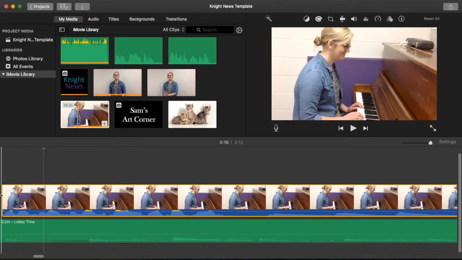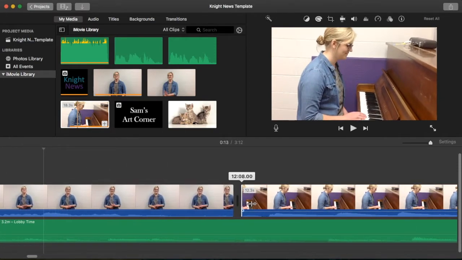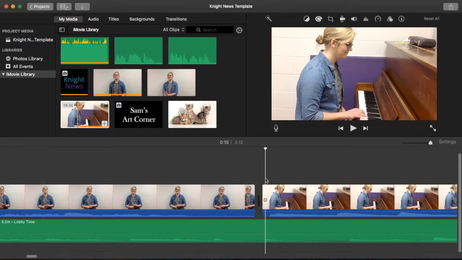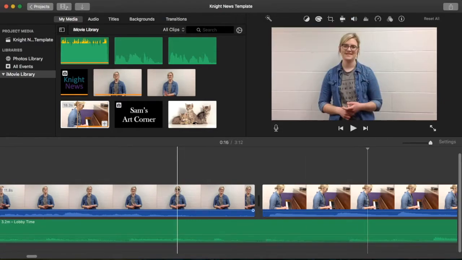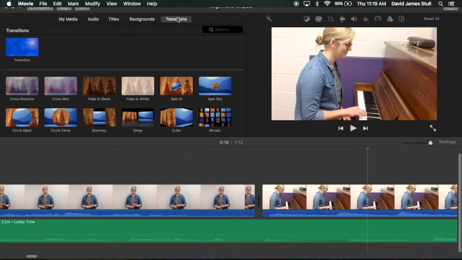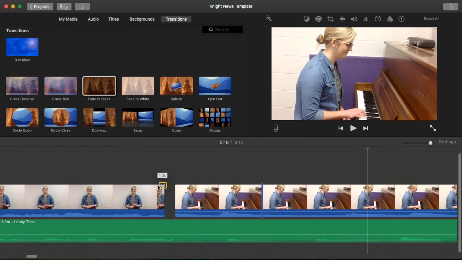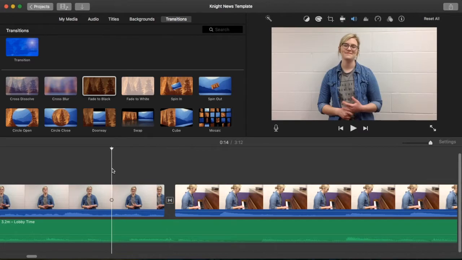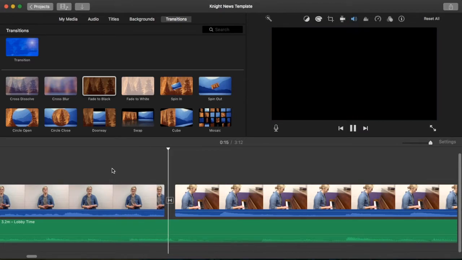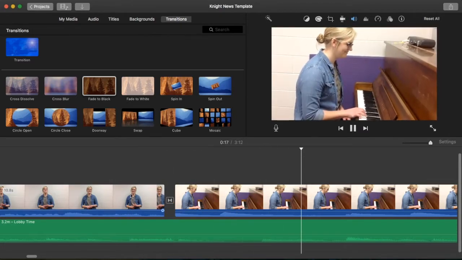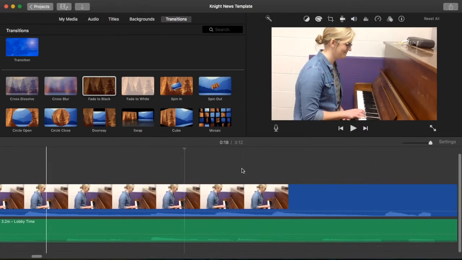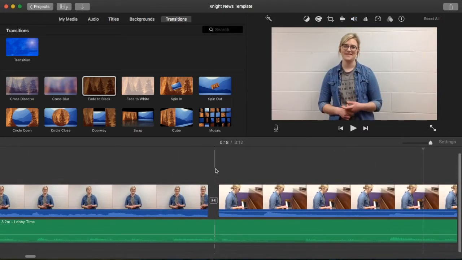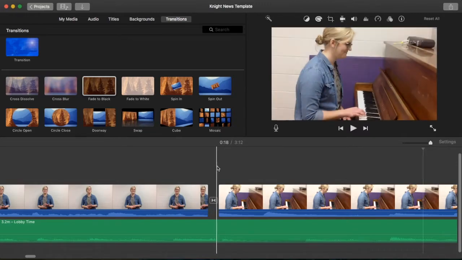So yeah, we can just trim this all the way down to here where she actually is playing the piano. Then we simply go back in here in the transitions tab, and we can throw our fade to black in between these two clips, and it looks seamless. You can see it did a transition between that where it just faded to black and then unfaded on this clip, which is